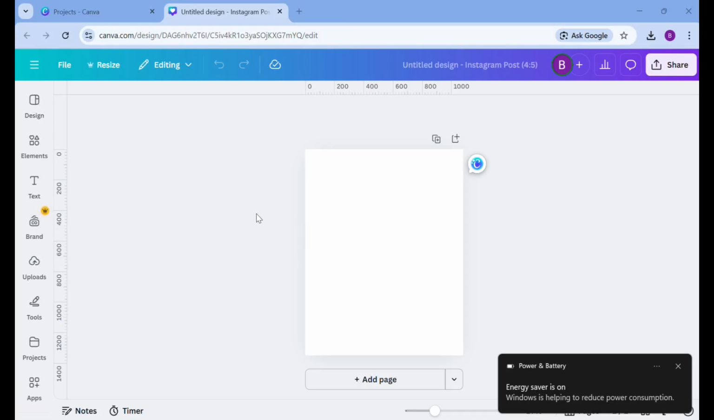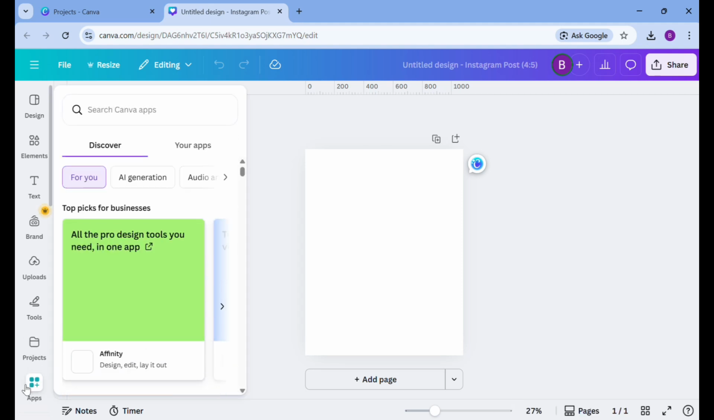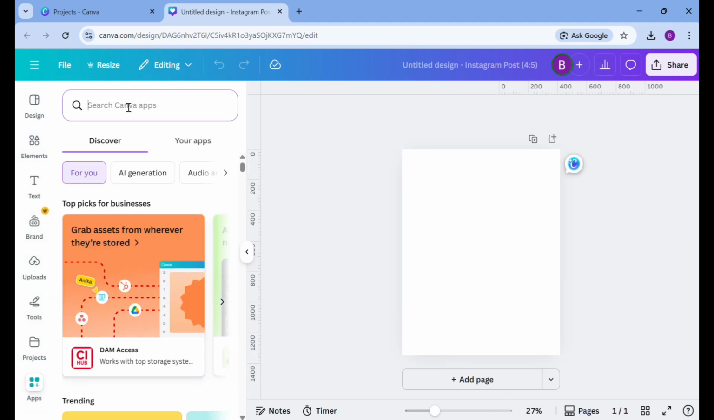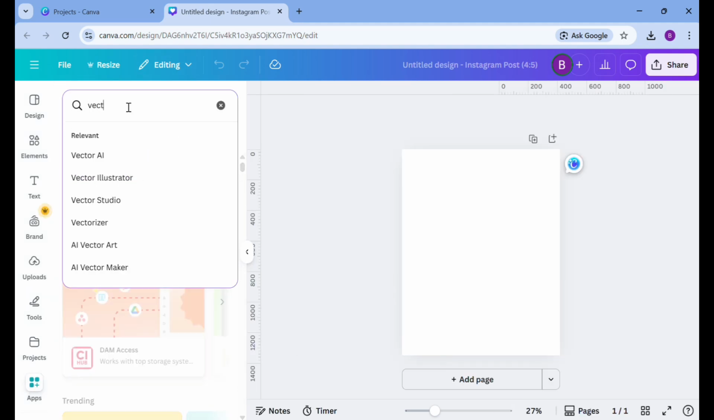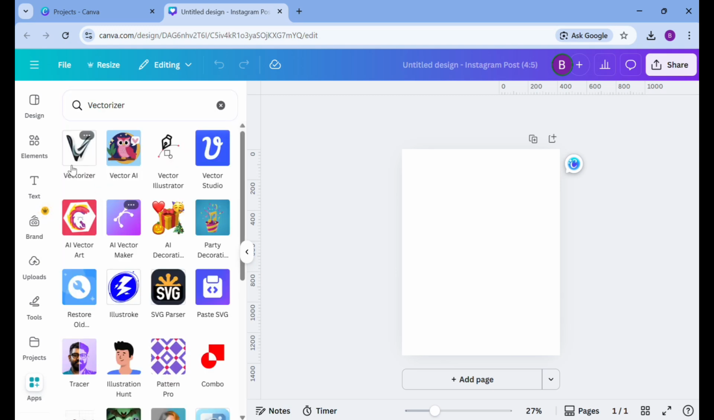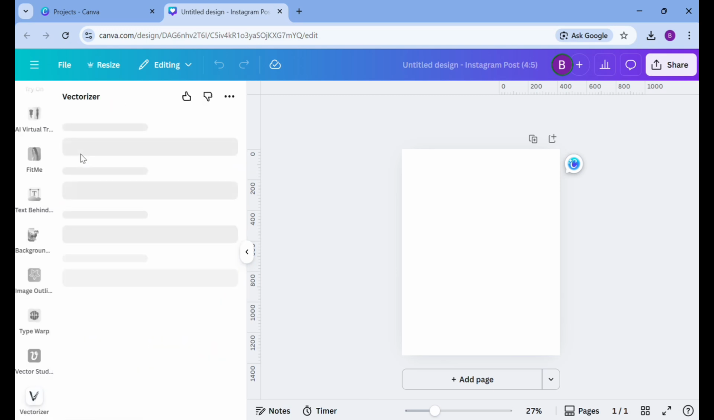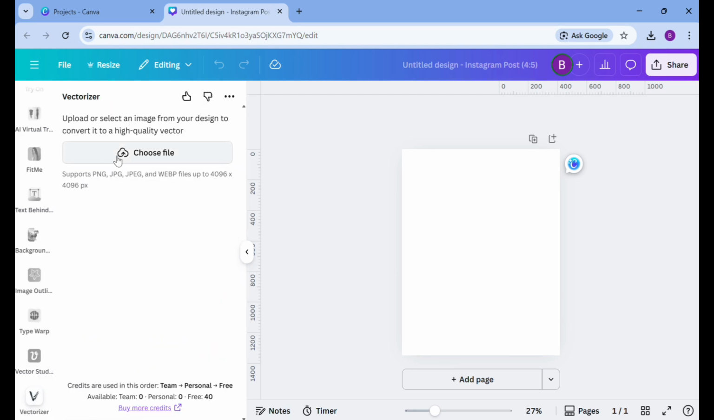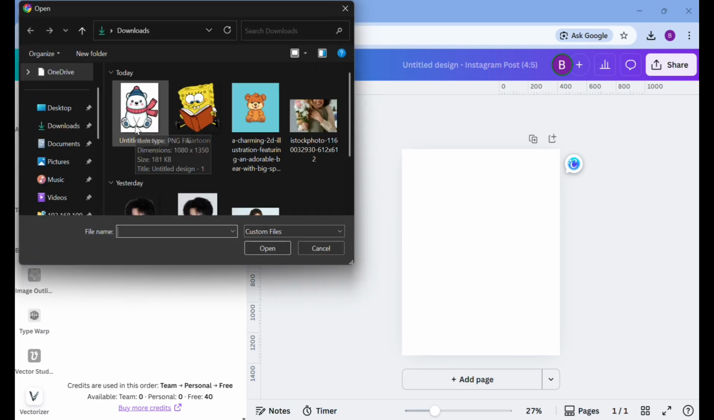In this tutorial, I will show you how to turn your image into a vector using Canva. First, just open Canva and start by opening any design, then go to apps and search for Vectorizer. Click on this app, and next choose the image that you want to turn into the